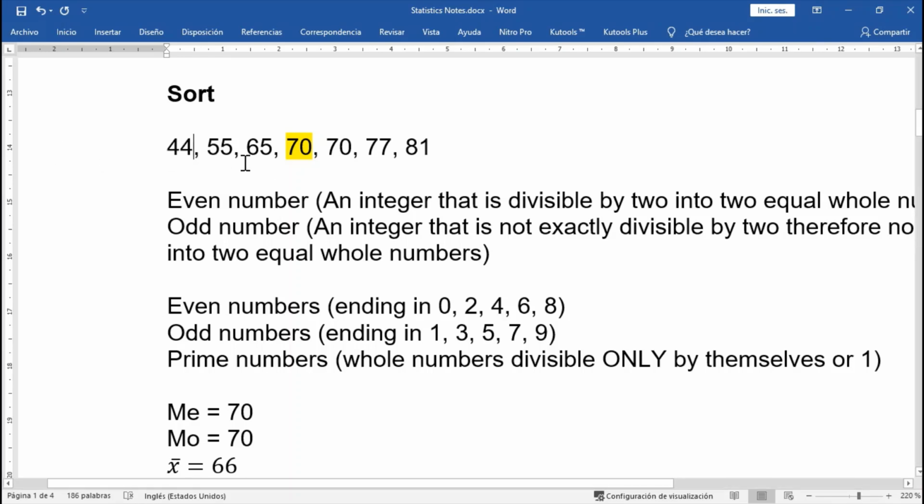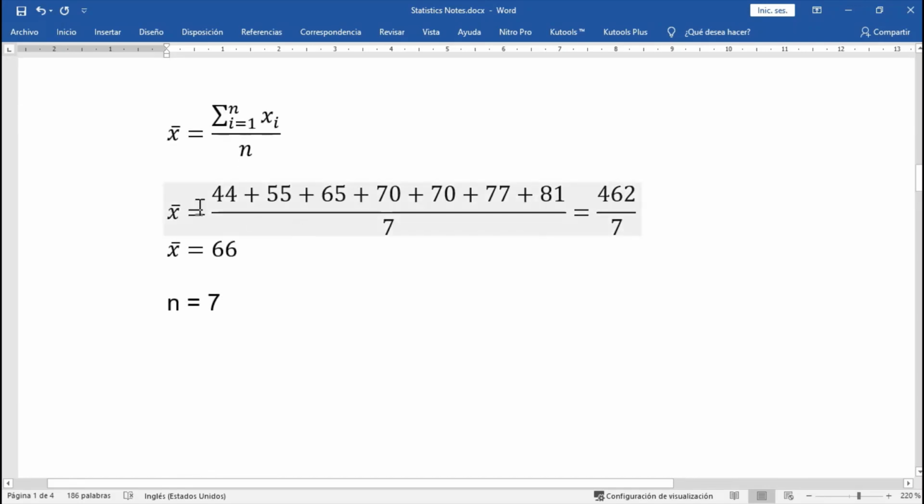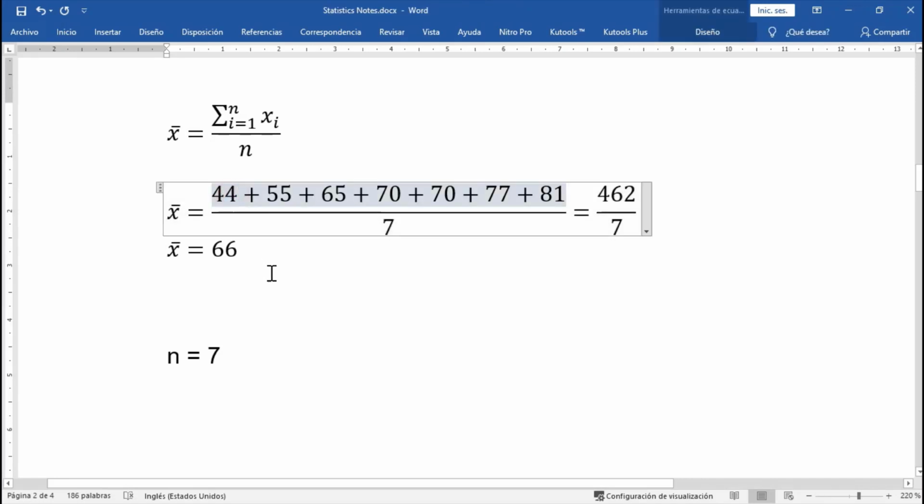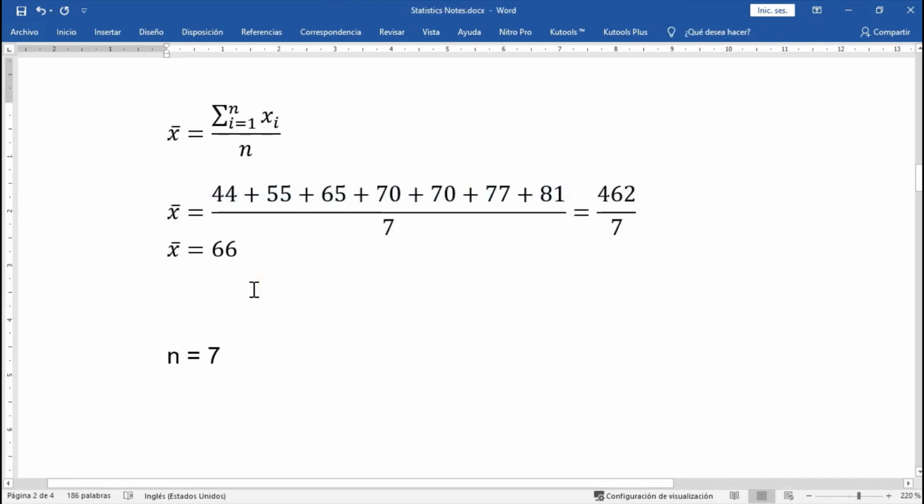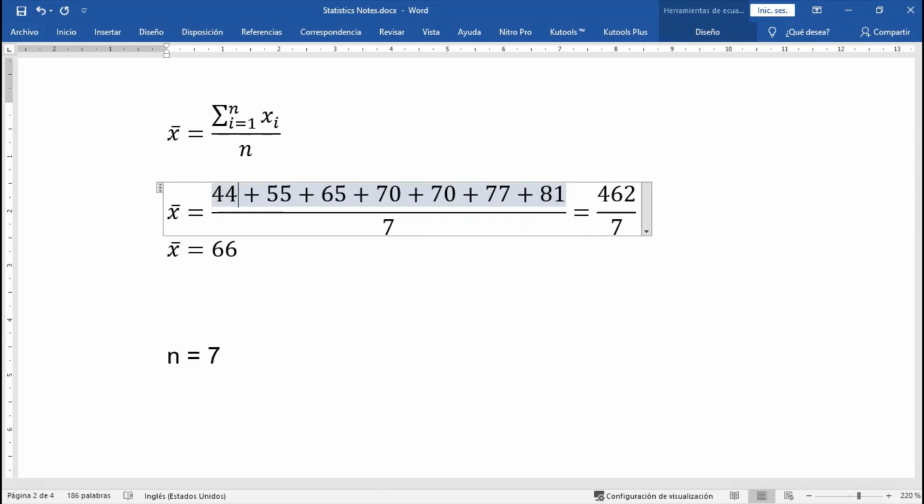And let's suppose that this grade wasn't 44 and it was, I don't know, maybe 20, because this person was lazy and he or she answered only what he or she remembered. So a hypothetical situation here would give us here a 42. I'm not going to make all the operation, but if you substitute 44 with 20,